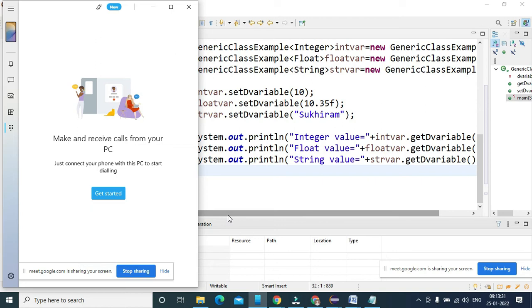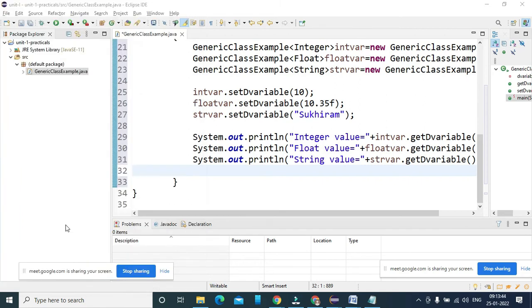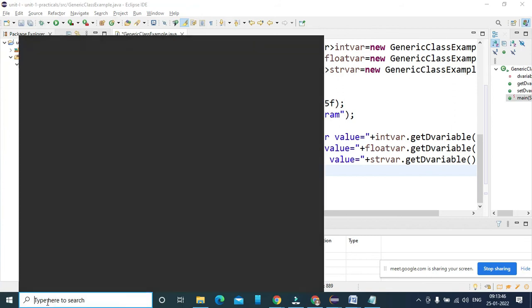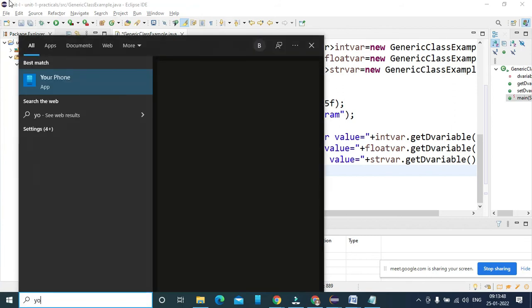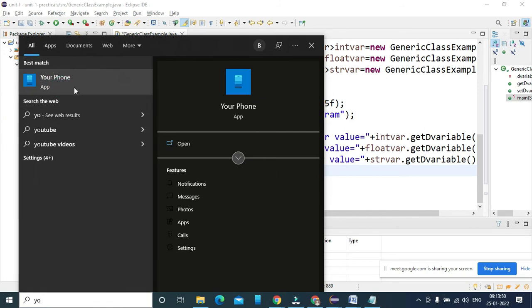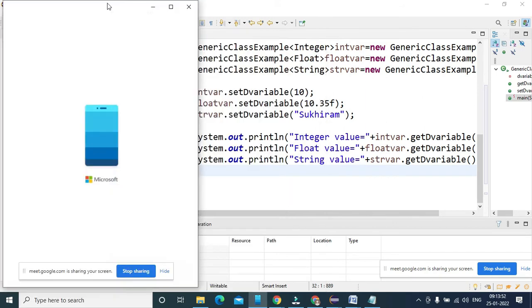I'm looking for the lab, connecting. I'm using my earphone. I want to show the actual generic part here.